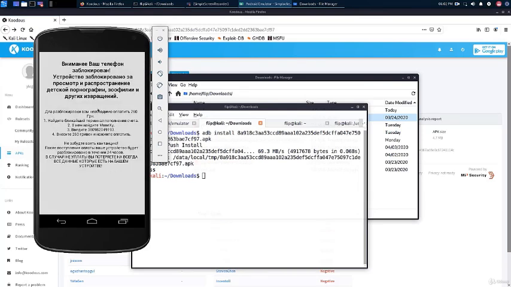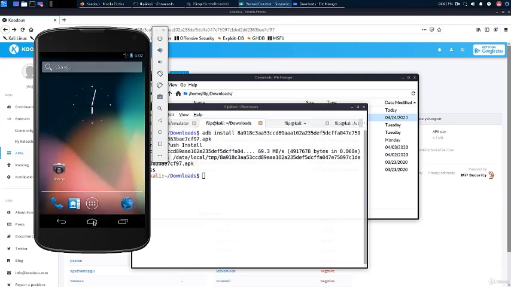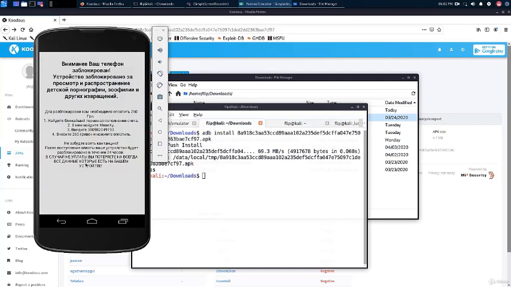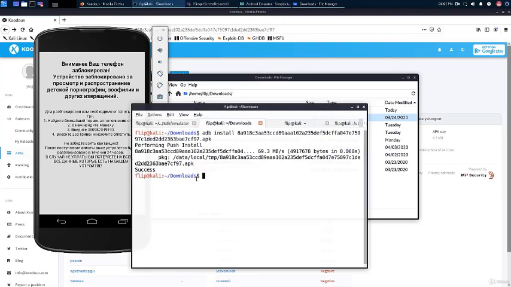Now the user has this malicious application, and once he clicks on it, he's prompted this notification which seems to be Ukrainian. It is saying something along the lines of, okay, we have your data, you've been going on sites that you shouldn't have been going on, you need to pay this amount to so-and-so. And as you can see, you can try to minimize it, but it will keep prompting you with the message. So this is the ransomware. We installed the malware and we're stuck with it.